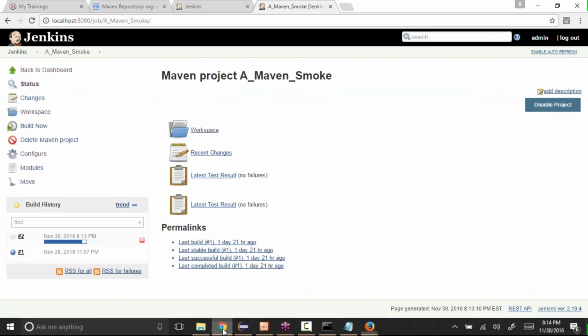And if you go back to it, it's still running. See, both the browsers have been closed from here, and the build has been executed.